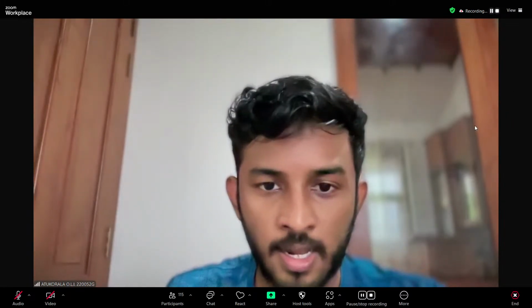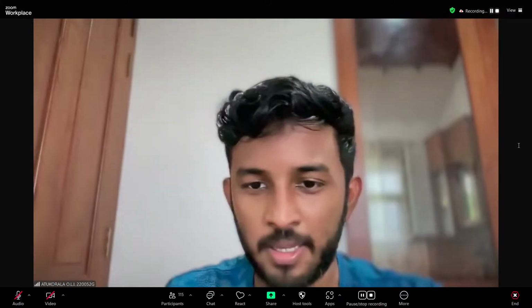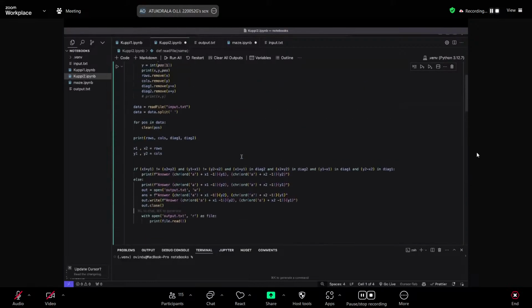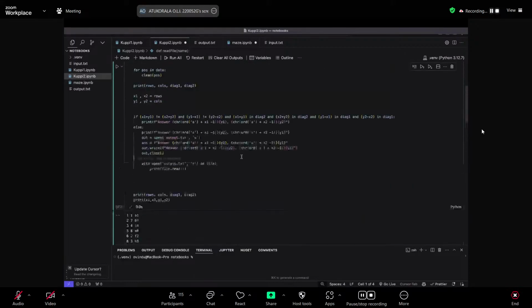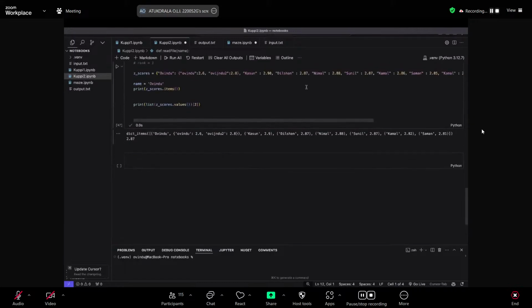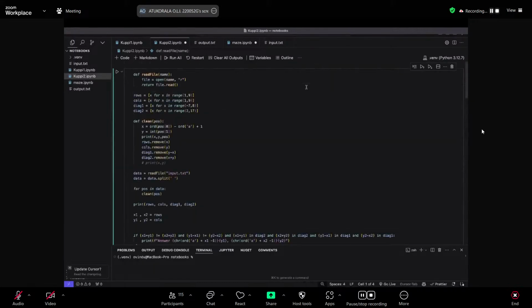Yes. I'll definitely share the code. Just remind me if I forget on the group chat. So I will share this notebook with you, so y'all can just have a look. Any more questions regarding the 8 queens problem? Does anyone have any questions?